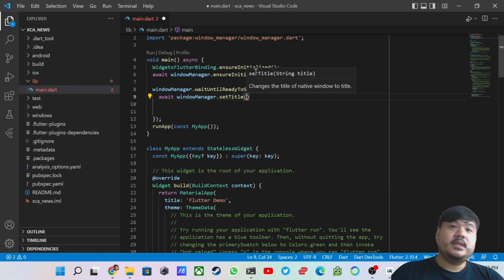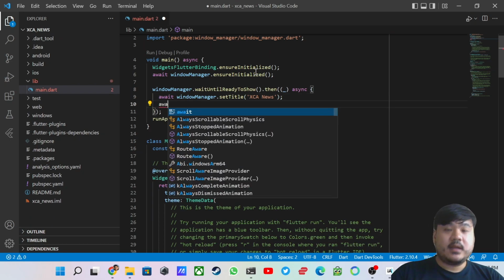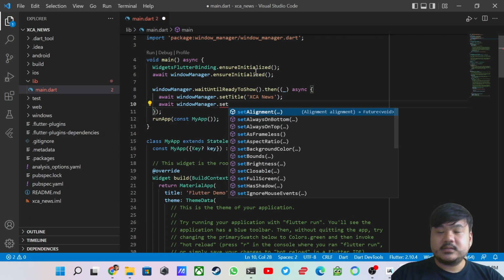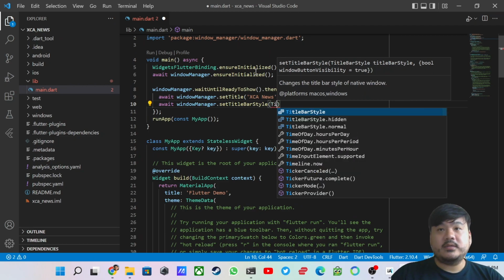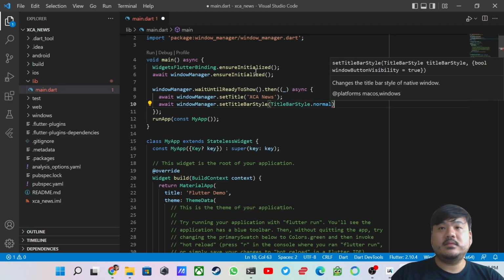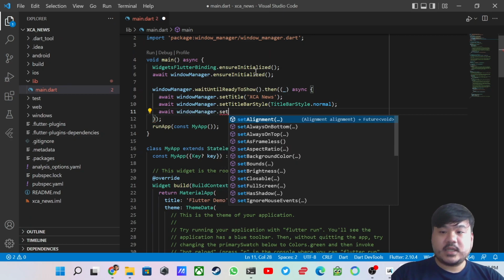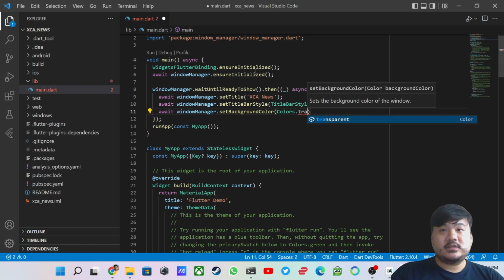So this will be the window title at the top. I'm going to pass Action News. You can pass it any name that you want. Second, I want to run windowManager.setTitleBarStyle, and then in here I'm going to pass normal. Okay, and I'm also going to invoke windowManager.setBackgroundColor. Here I'm going to pass transparent,